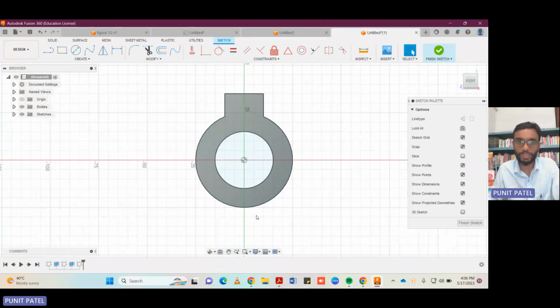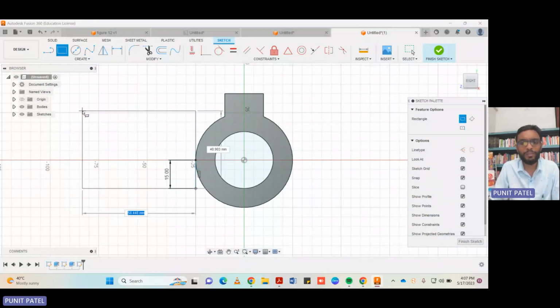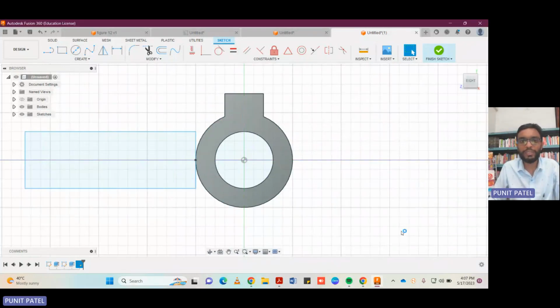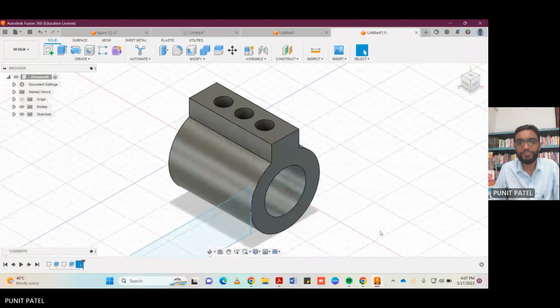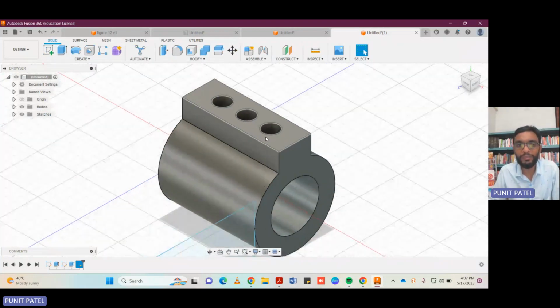I will make a line from here. I will go down 15. Now from here we can select the rectangle also. The dimension will be 88 and this will be 30. Ultimately we are getting this component. Now finish the sketch. If I finish the sketch, what happens? It will be converted into the three dimension, but it is not